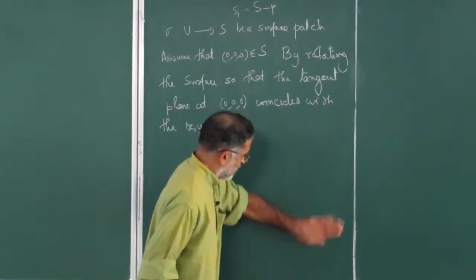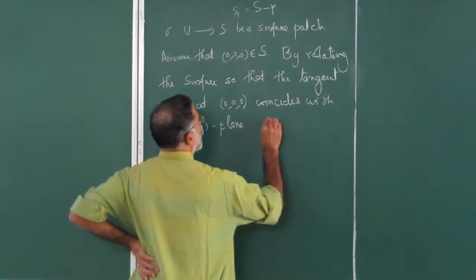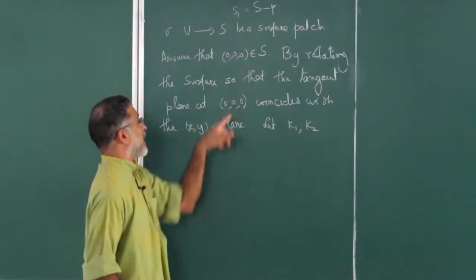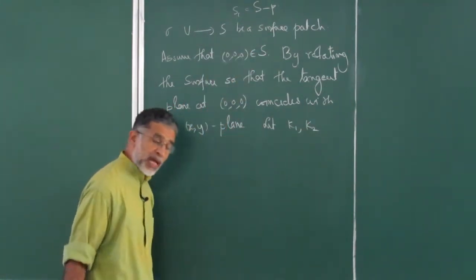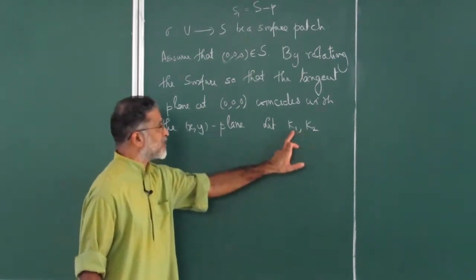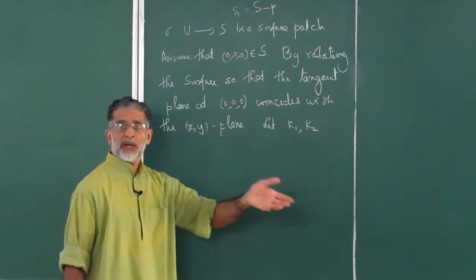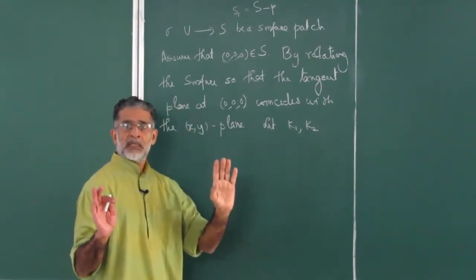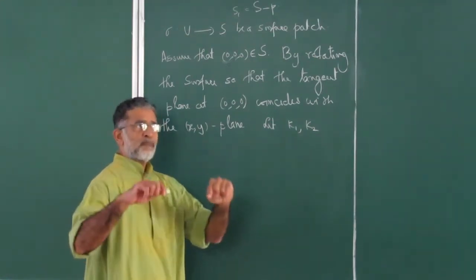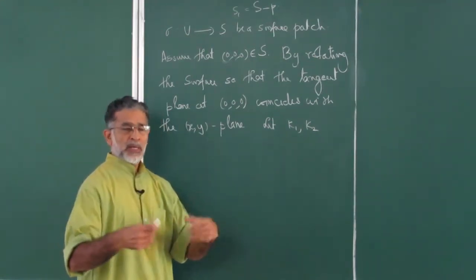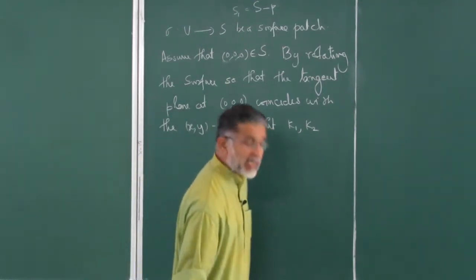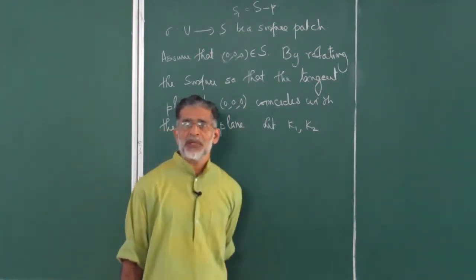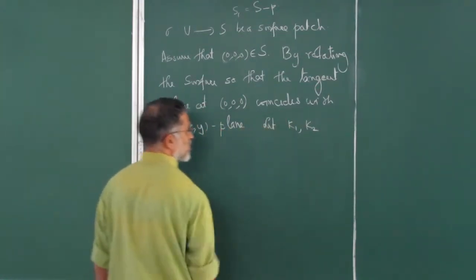Kappa 1 and kappa 2 are unchanged by this translation or even by the rotation, because both are isometries. So it doesn't make any difference to the first fundamental form, the second fundamental form or anything. Because an isometry preserves inner product and cross product, that's enough. These are the two things involved in finding the first and second fundamental forms, because the normal is obtained using the cross product, and an isometry preserves the cross product also. So this doesn't change.